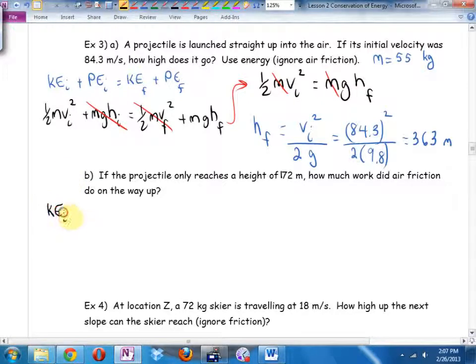KE initial plus PE initial equals KE final plus PE final. But we're going to say whatever's missing must have gone into heat. That's air friction, and sound and air resistance, but I'll lump them all together as just one thing. That was our second version of this conservation of energy equation. Are any of these 0? Let's see. Are you starting out at rest? Nope. Are you starting out on the ground? Yeah,